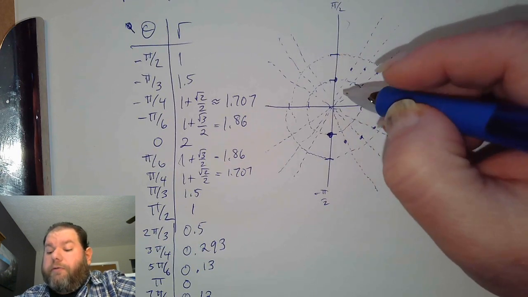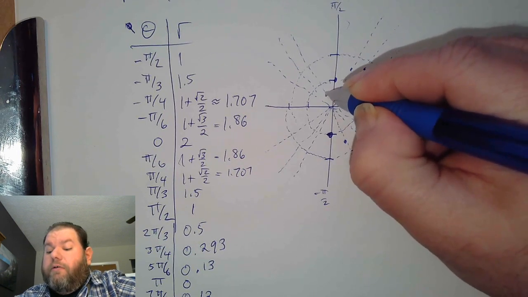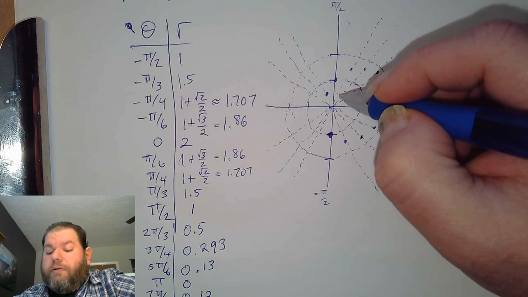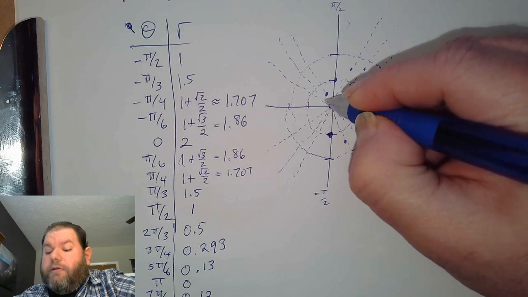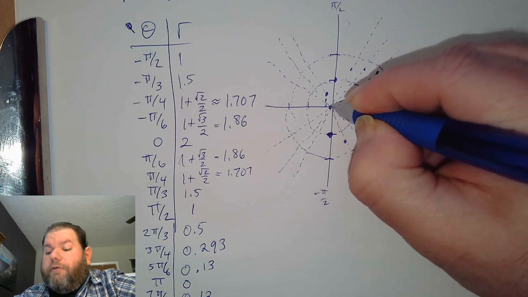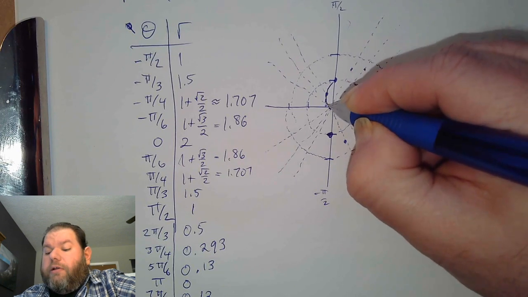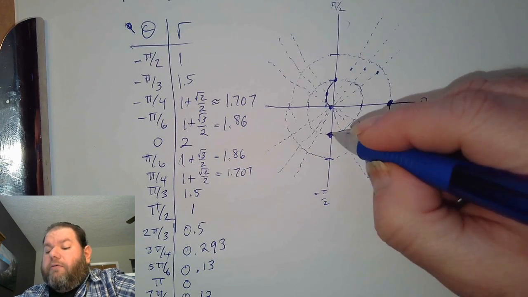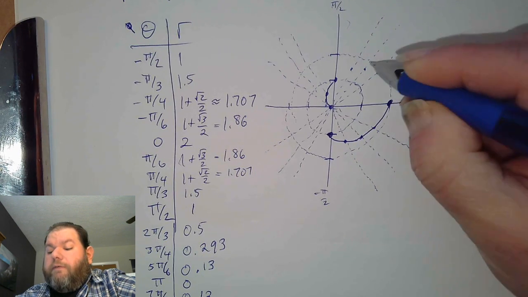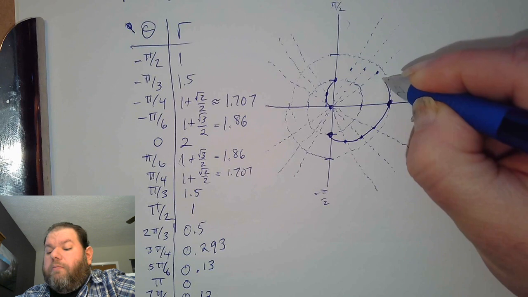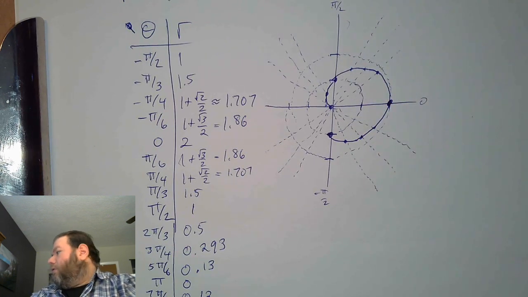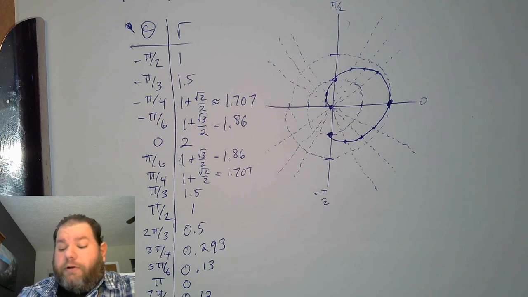So 2 pi over 3, we got 0.5. 3 pi over 4, 0.293. Then 0.13, and then to 0. So it actually comes back here. Now, we can go ahead and graph in this other stuff. Kind of a spiral so far, but